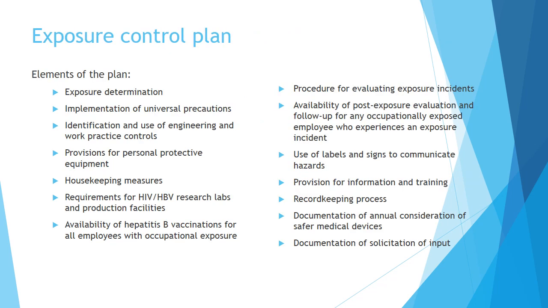Exposure control plan. Elements of the plan: exposure determination, implementation of universal precautions, identification and use of engineering and work practice controls, provisions for personal protective equipment, housekeeping measures, requirements for HIV and HBV research labs and production facilities, availability of hepatitis B vaccinations for all employees with occupational